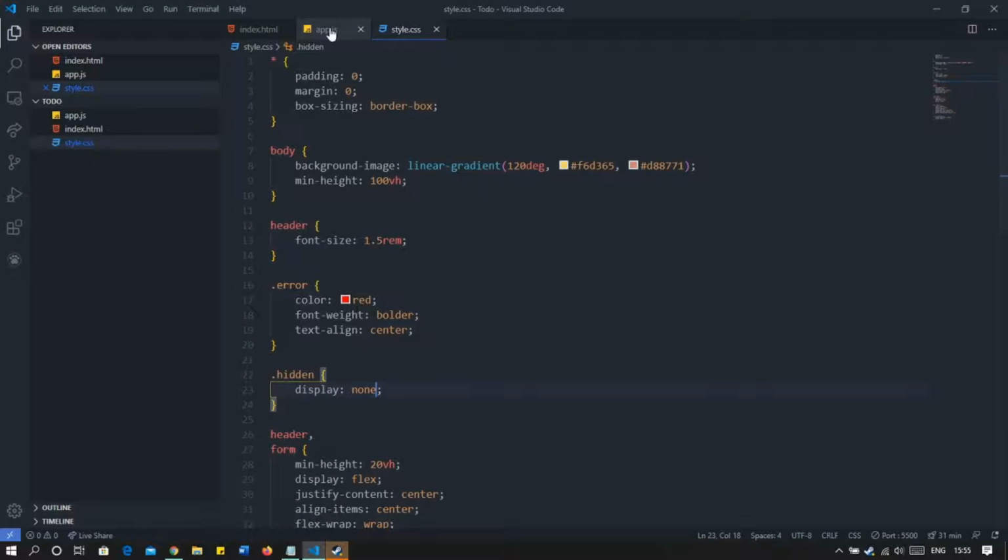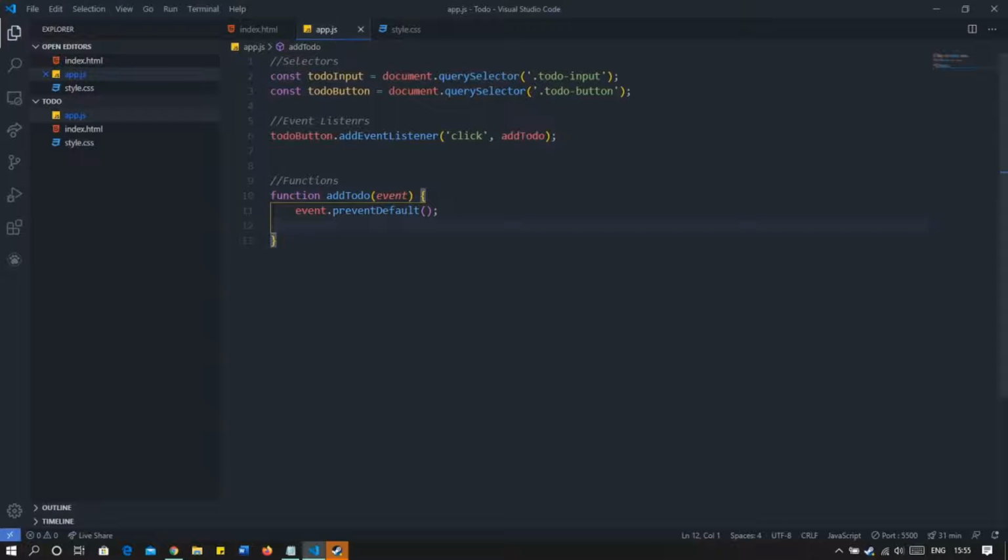Now how will we show it when we want to and we have an error? So we will go in our JavaScript and we will check if todo input dot value, as you saw, we get the value from this method, is equal to null.